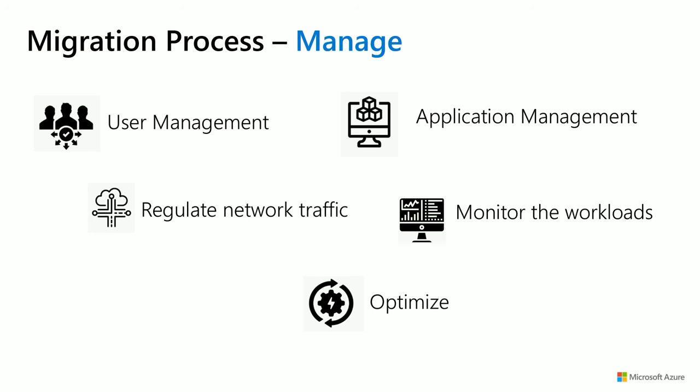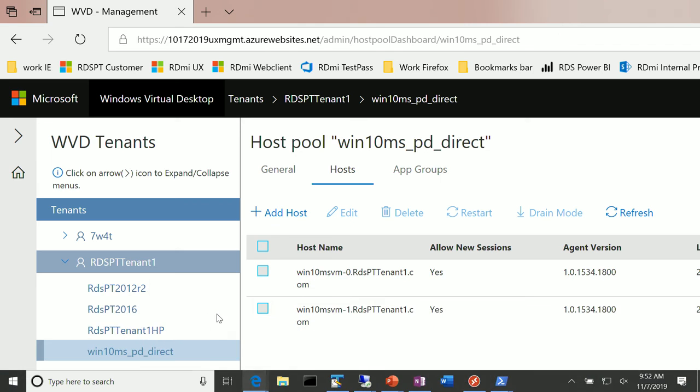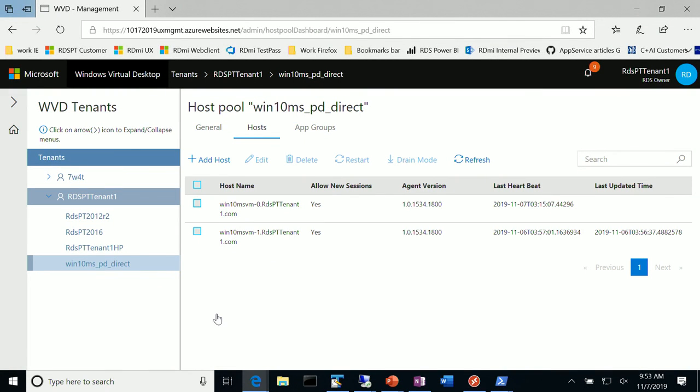And for that, I'm going to quickly show you that, yes, of course, you just saw we have PowerShell commandlets, but we also have the management UI. This is out of band. It's not integrated into the Azure portal, but we do have a management UI wherein you can see the list of tenants that you have. I've got 2 tenants here, and inside this particular tenant, I have multiple host pools.